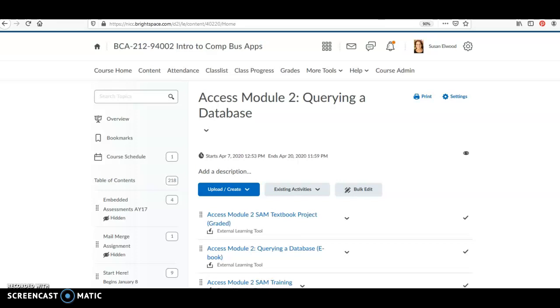Hi, this is Sue again, and we're going to be working on Module 2, Querying a Database in Access, and I just want to show you how to get started. I've logged into Brightspace and I'm on the class, and of course the first thing we're going to do is